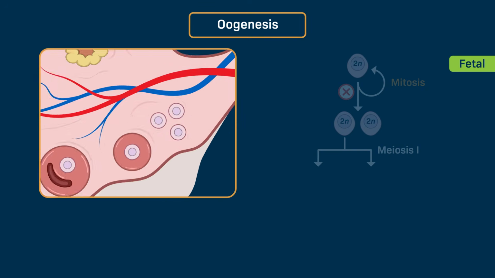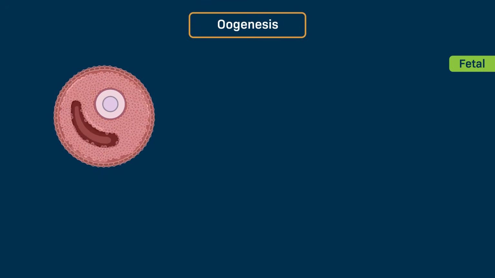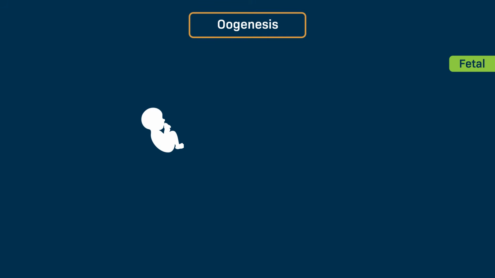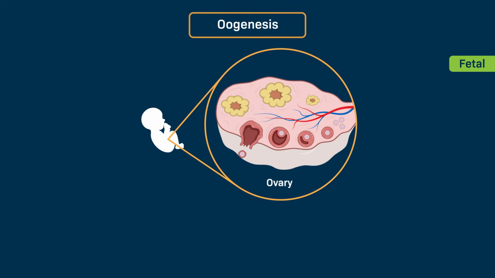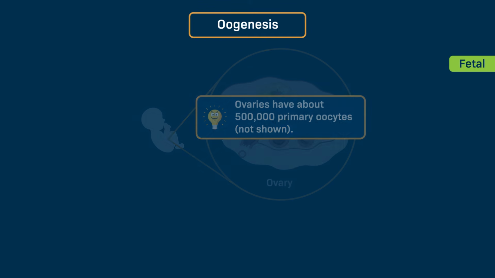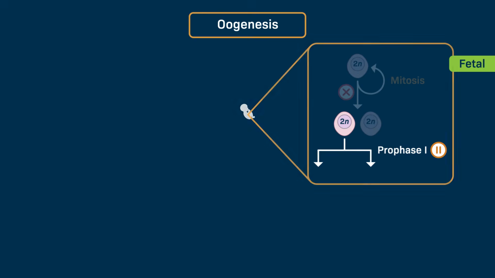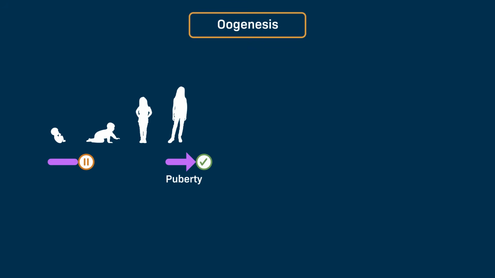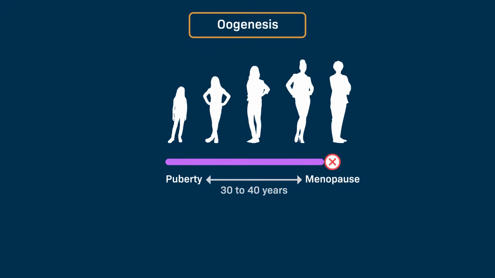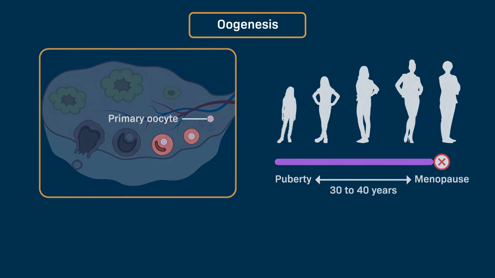Within the ovaries, each primary oocyte is located in a small follicle, which is a cavity that is lined with protective cells. By 6 months after conception, fully formed fetal ovaries contain about 500,000 primary oocytes. These primary oocytes are arrested at prophase 1 and remain so until the female reaches puberty. Beginning at puberty and continuing until menopause, about 30 to 40 years later, females produce 1 primary oocyte in alternating